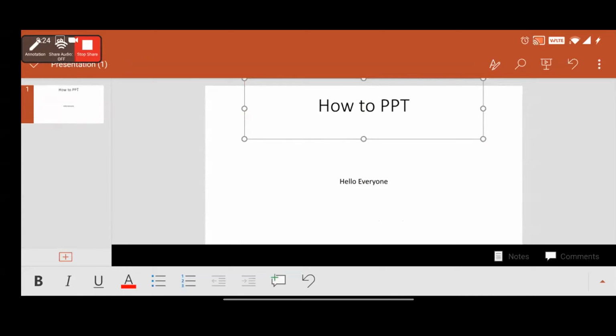Now, see, when we select the title, we are getting different options. Can you see B, I, U, A? Yes, sir. On the screen which I am presenting. So the B option, what does it do?